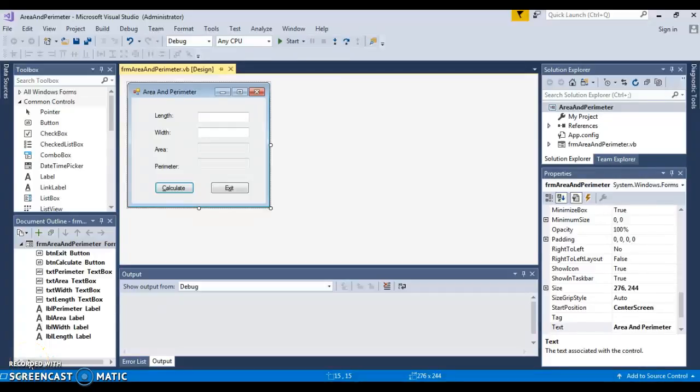Okay, here's our Unit 1 project, the area and perimeter form. We have our labels here: length, width, area, and perimeter. And each of them